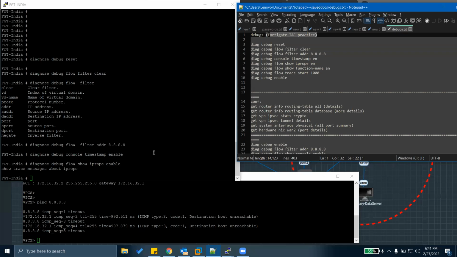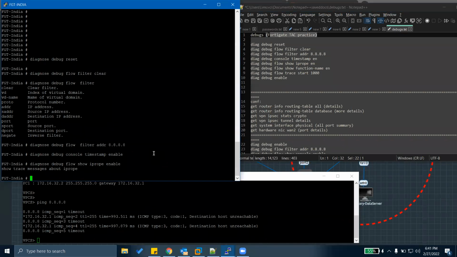The reason is that you should know, when traffic is being received on your FortiGate firewall, what the route is, what the destination is, what the gateway is, and what firewall policy applies, and everything. Okay, you should know all those things, right? So, iProp. Coming back,